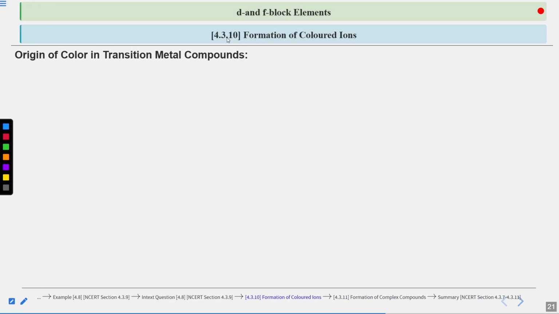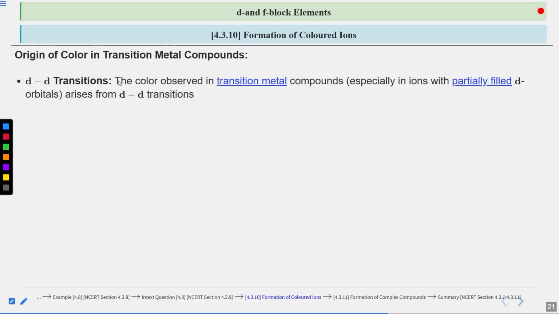Okay, let's move to our next subsection 4.3.10, that is formation of colored ions. The origin of color in the transition metal compounds. d-d transition is one of the factors for the color that is observed in transition metal compounds, especially in the ions with partially filled d orbitals. It arises from the d-d transition. In the transition metal compounds, ions have partially filled d orbitals, right? Due to which the d-d transition happens